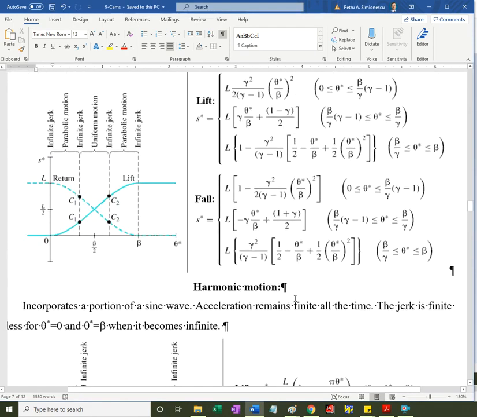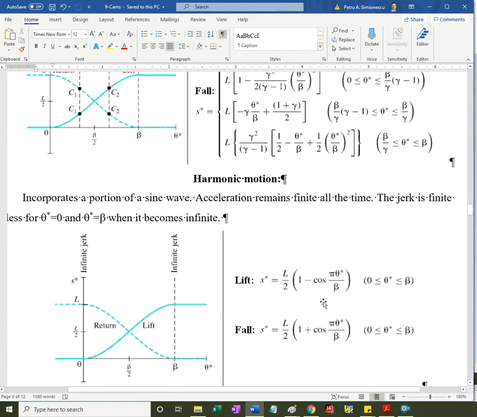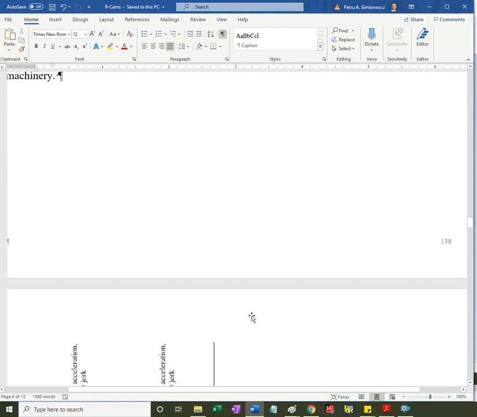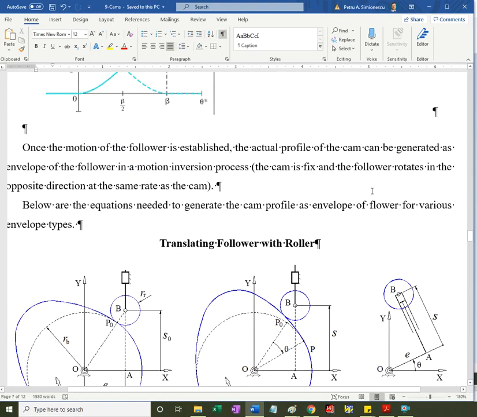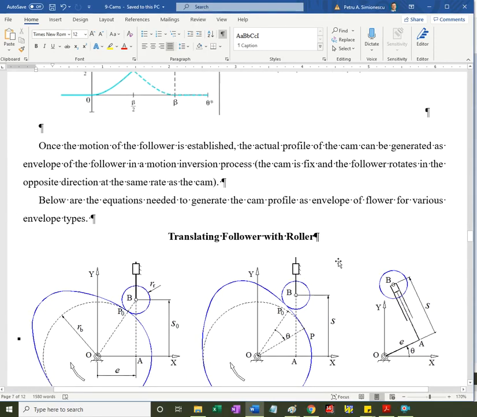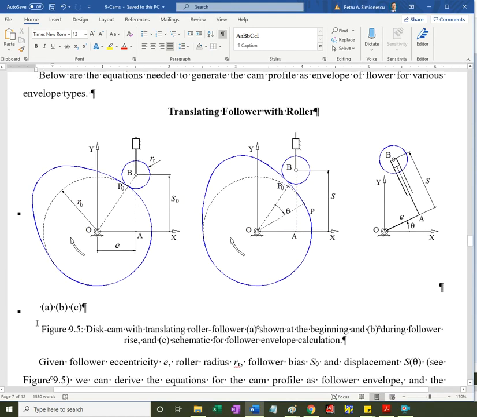There's a homework assignment where we'll have to implement these equations for the amount of lift and for the amount of rise and return given, and also the amount of upper dwell. And there are two approaches to generating the cam profile. One is using equations, and I'm not going to consider those. The other one is